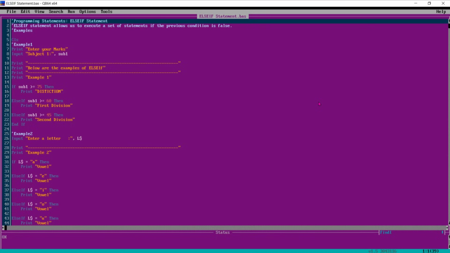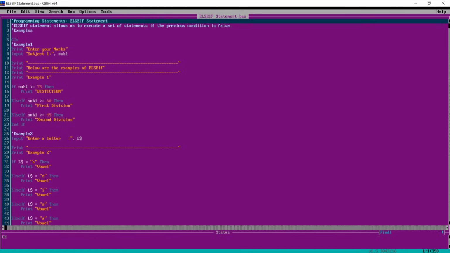First is enter your marks, subject 1. So print enter your marks. The system will ask input subject number 1, a numeric variable. So the program will start printing.